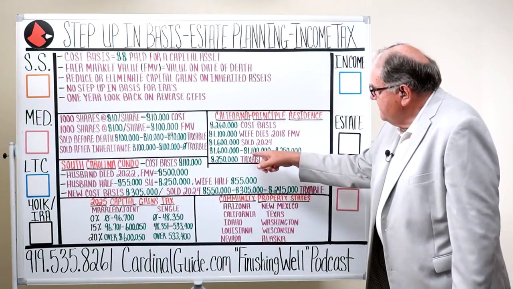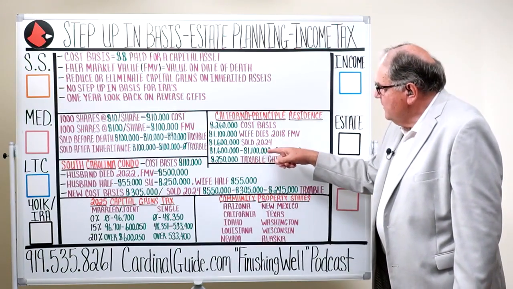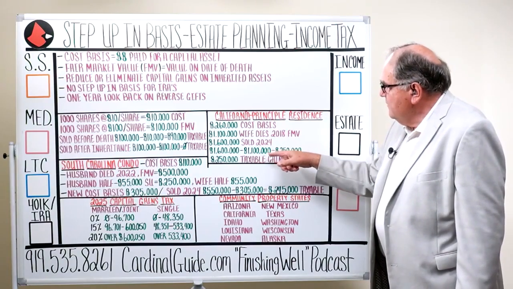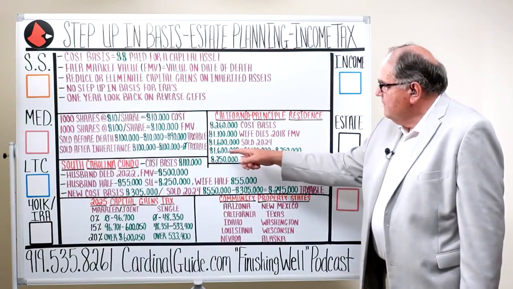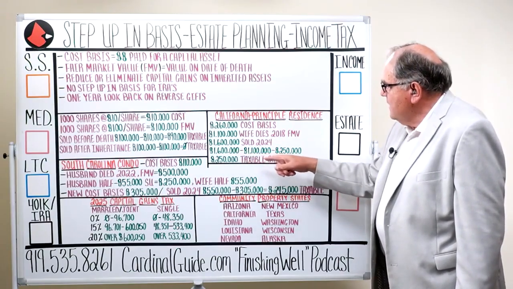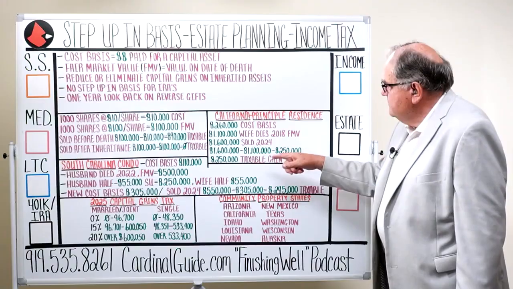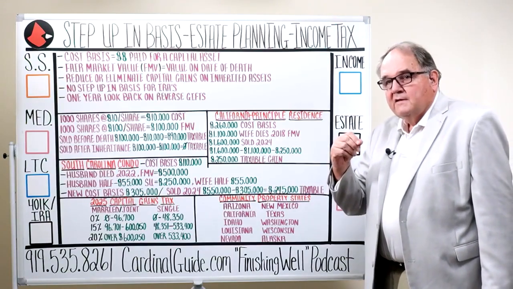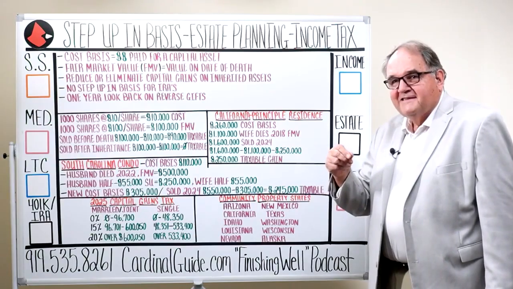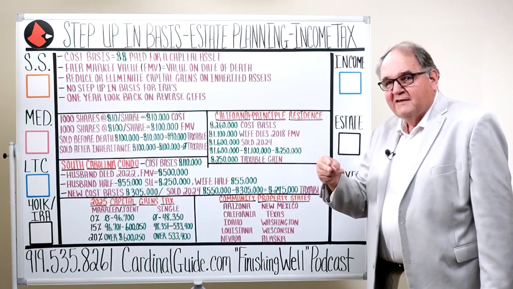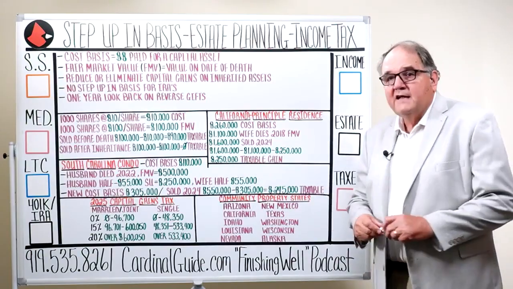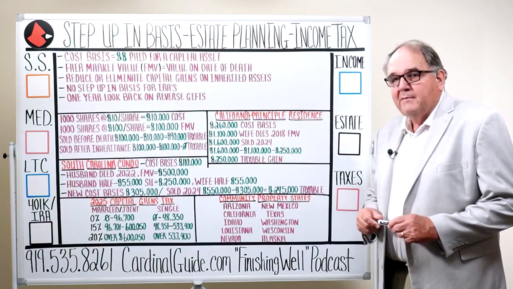He got a step up in basis to 1.1 million in 2018, but then he sold the house in 2024 for 1.6 million. Then he was able to use the $250,000 single residence exclusion, having lived in the house the last 5 years. So he only had to pay taxes on $250,000, and he was quite happy about that.